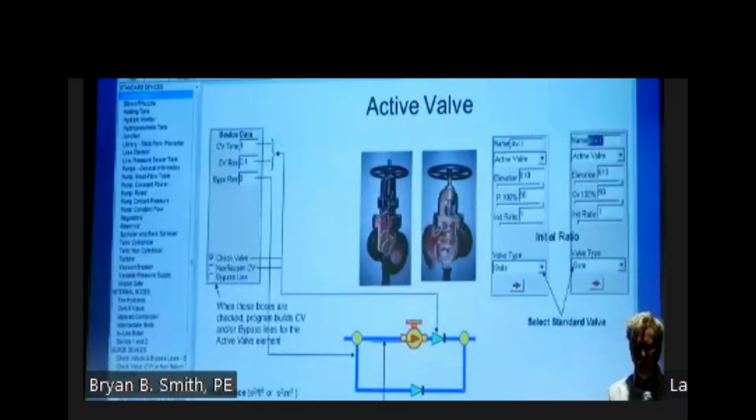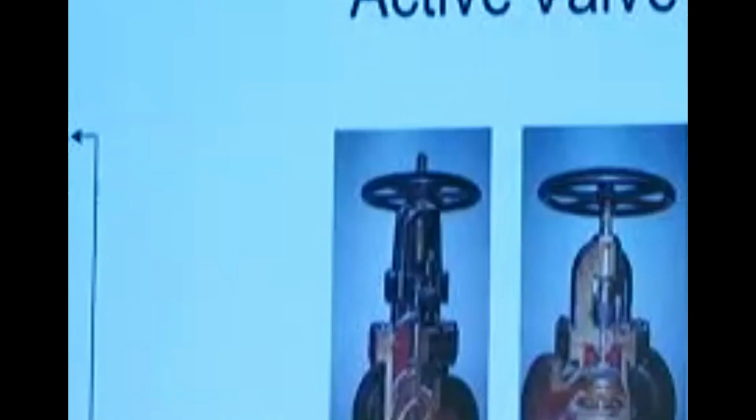So within the software itself, we're like, ooh, active valve. Now, you might think, I'm closing a valve. Well, I got a water system. There's a whole bunch of water meters and all that. Why should I really be concerned about my municipal water system and someone slamming, say, a 6-inch valve closed? How could that ever happen?